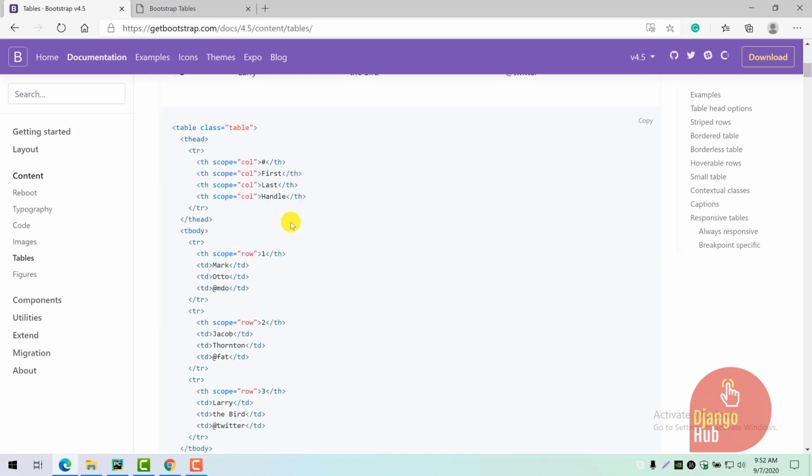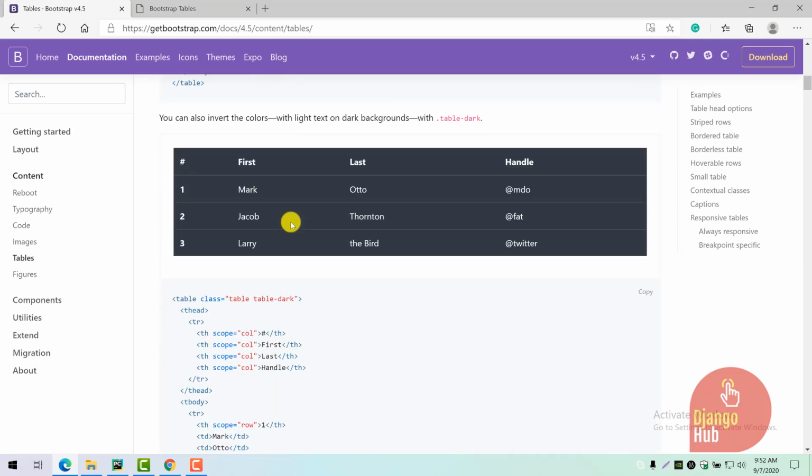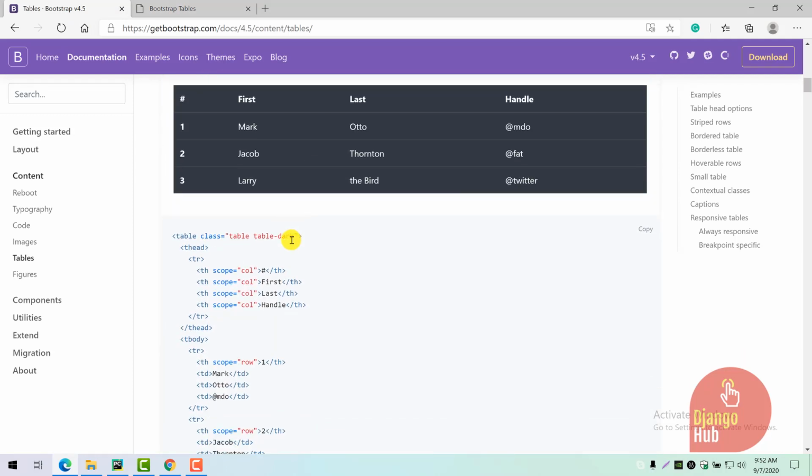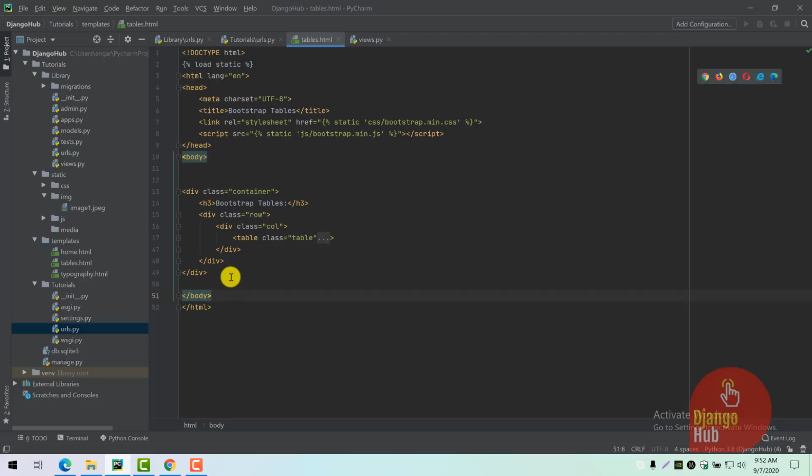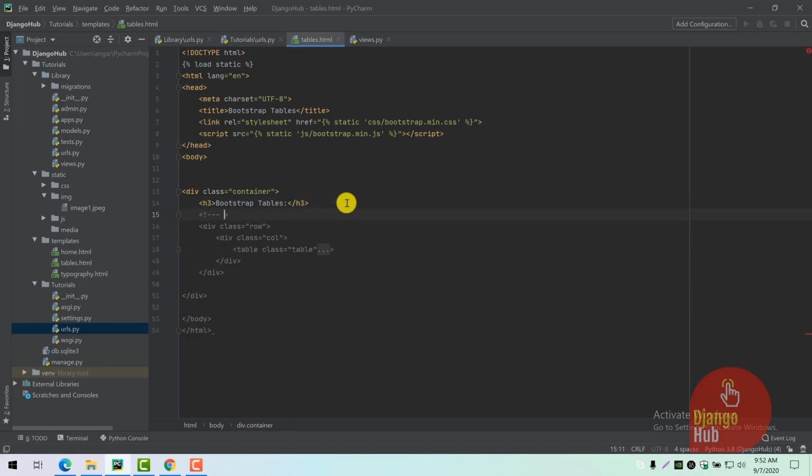Great. In the same way, we can copy other themes as well. For example, the next one is dark mode. So let's copy this one as well. Let's create a different row for it. So this is table 1. You can create the comment here as table 1, and let's create a different row. This is table 2,